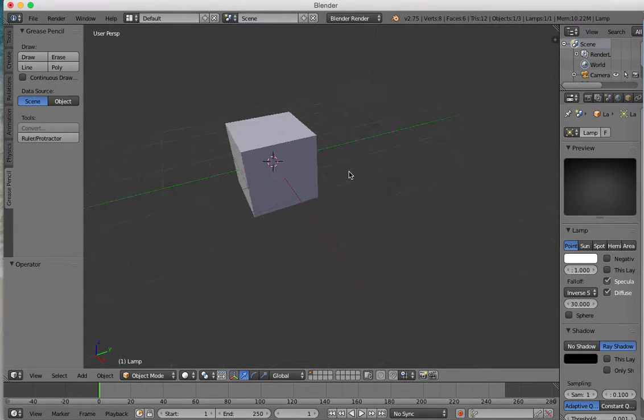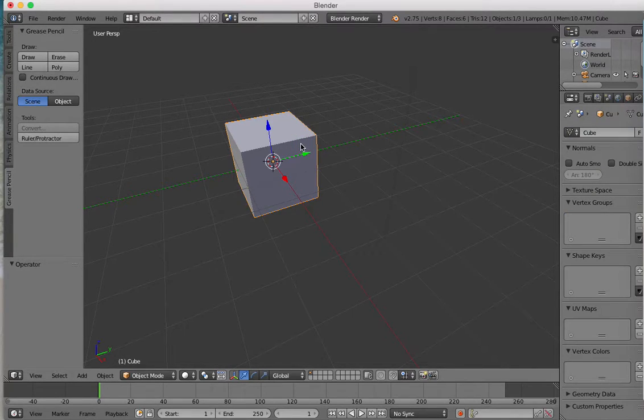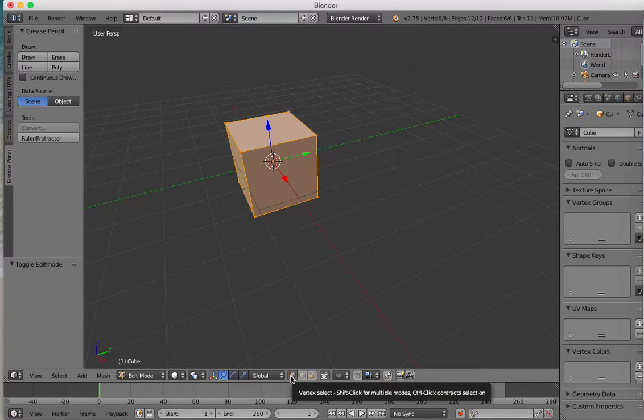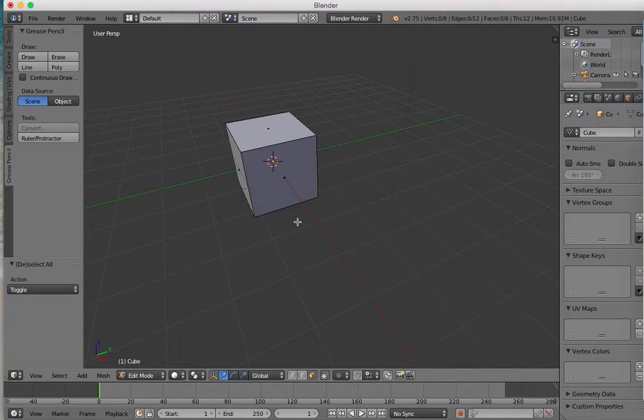Let's select the box, and you will see how it's outlined with a yellow line. This is what we call object mode, and I can go in edit mode, and in edit mode right here you will see that I can have edit mode selected with the vertices, with the lines, or with the faces. So if I hit A to deselect all or A to select all,